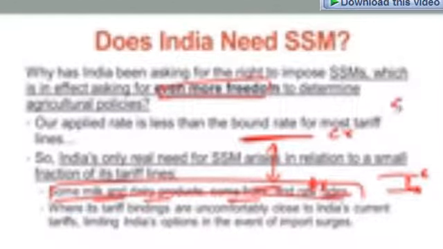If the difference is very large, then we have a lot of flexibility. Only in some products, dairy products, milk products, fruits, hides, etc., the actual and the ceiling are very close. So there we don't have much flexibility. Now if these products are our main concern, then the economic survey says instead of asking for SSM in all products, why don't we ask only for these products' ceilings to be increased? Why can't we do that? So we should call for a very specific discussion on those tariff lines and not a generic discussion on SSM. That is the economic survey's important